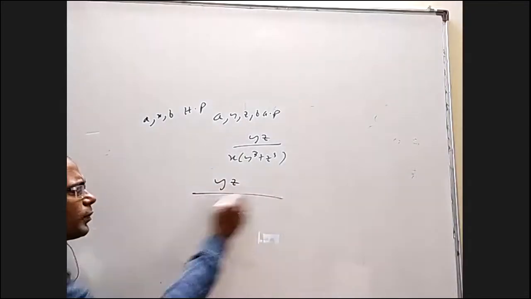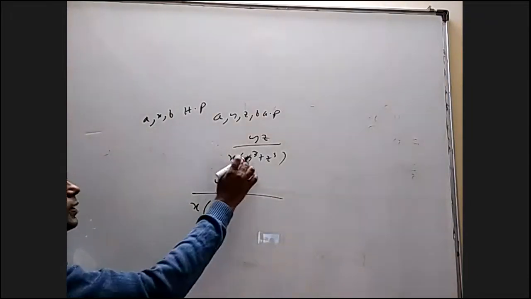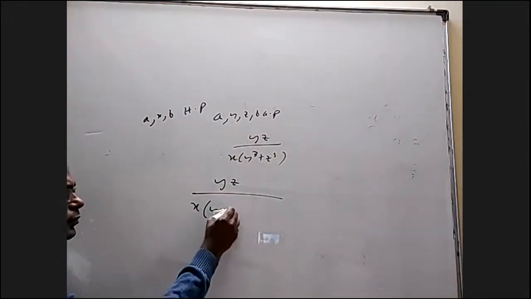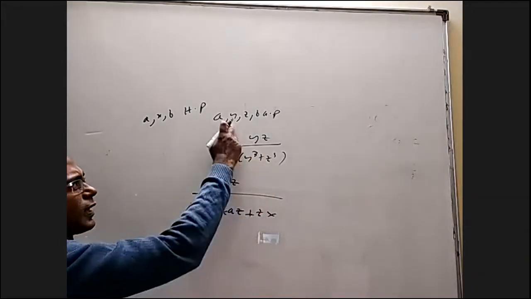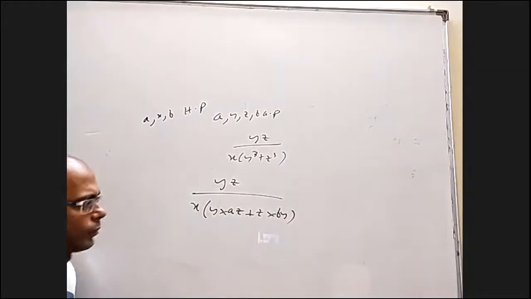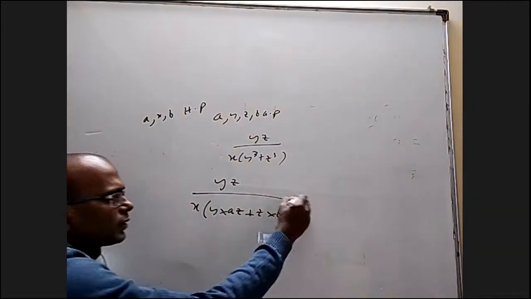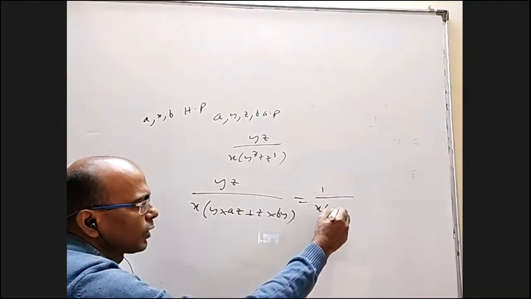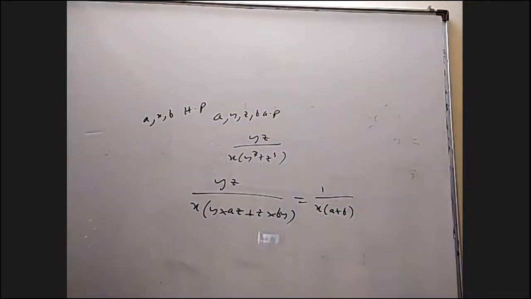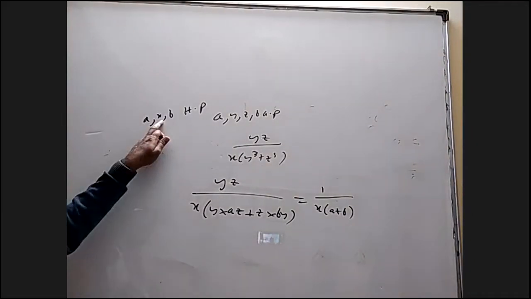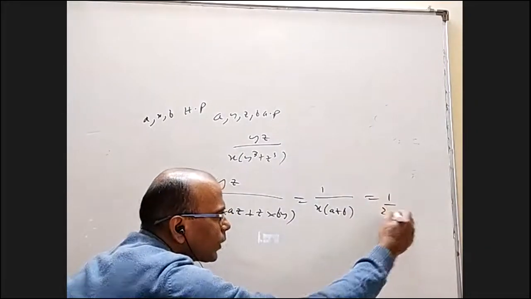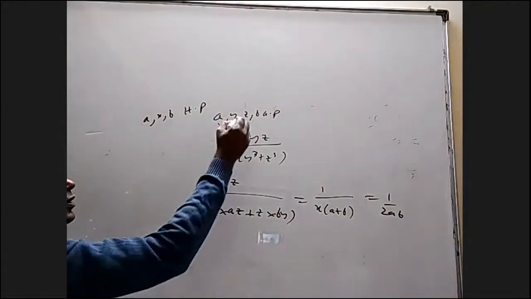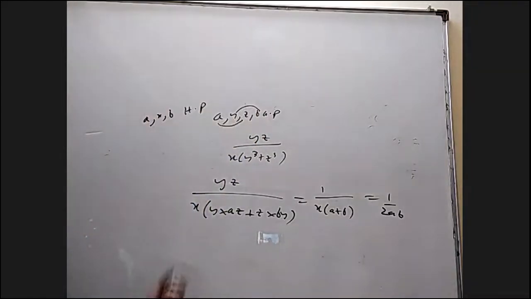Let me do something. X into Y into, in the place of Y square, I want to write AZ. Z cube, I want to write Z into, in the place of Z square, I want to write BY. Now you can see YZ got cancelled. I got 1/X into A plus B. Right? And X I know is 2AB by A plus B. Substitute it, 1/2AB will come. I just used that this product is square of this and this product is square of this in the denominator. It came quite easily, right?